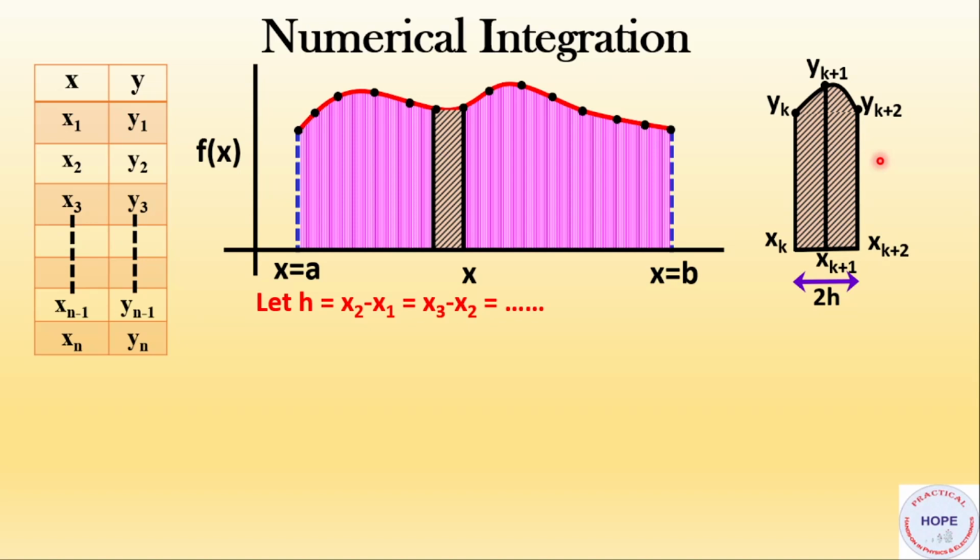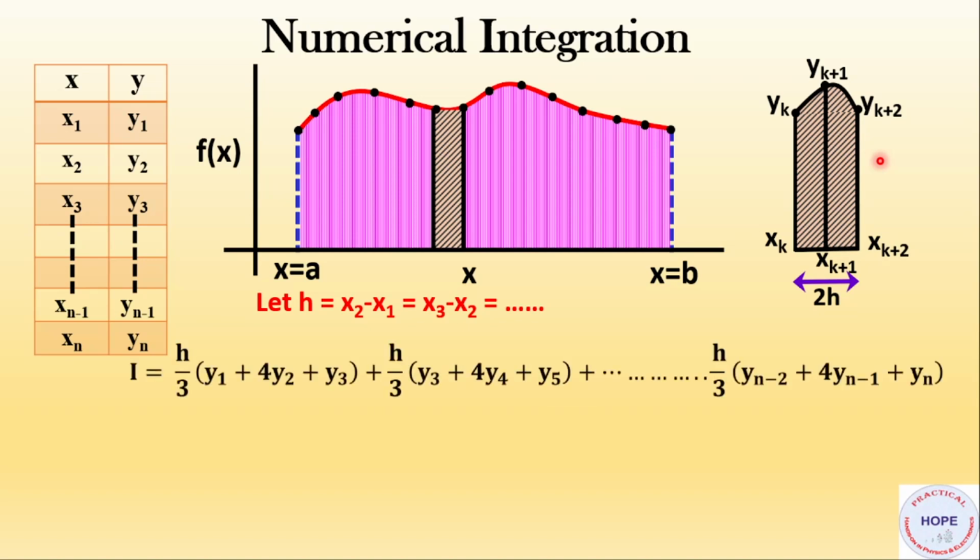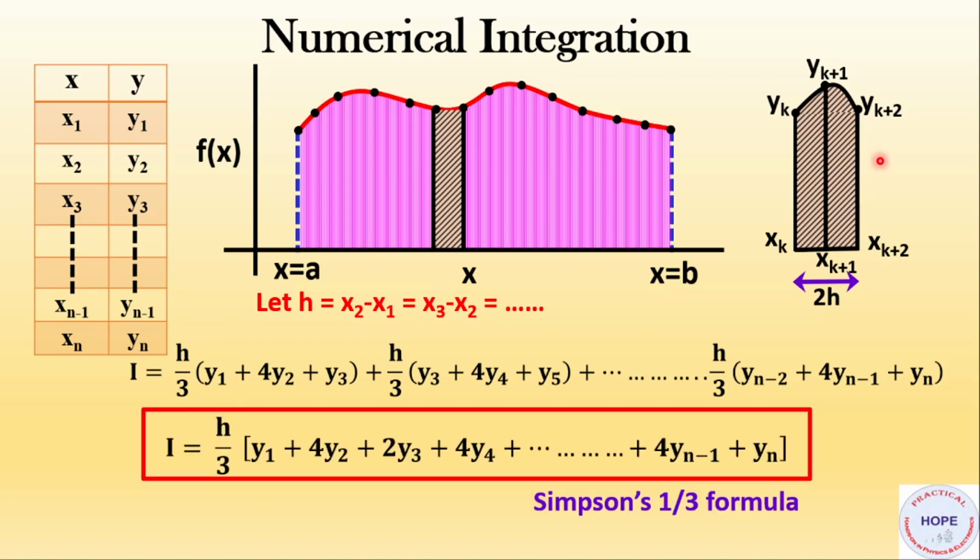Now if we calculate area under the curve using these strips, then we get an expression like this. If we rearrange the terms, we get this. This is the Simpson's 1 by 3 formula. You can see from this expression that it's better if we have odd number of terms, 3 or 5, 7,